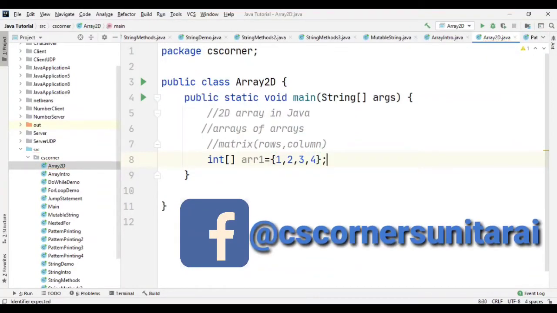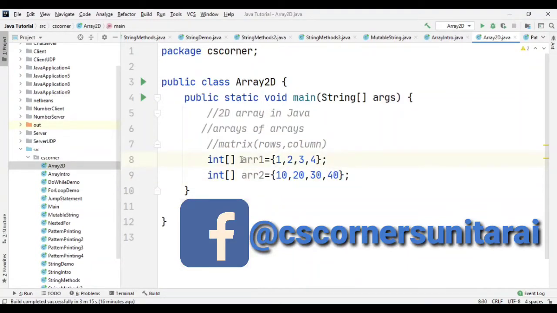And then again I'm copying it and creating a new array with the name ARR2. Let me change the name to ARR2 as well as the values. I'll give values like 10, 20, 30 and 40.